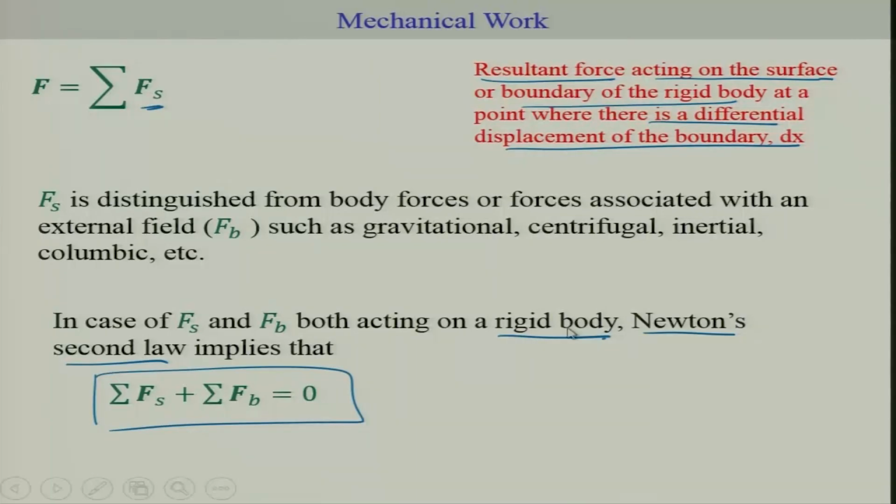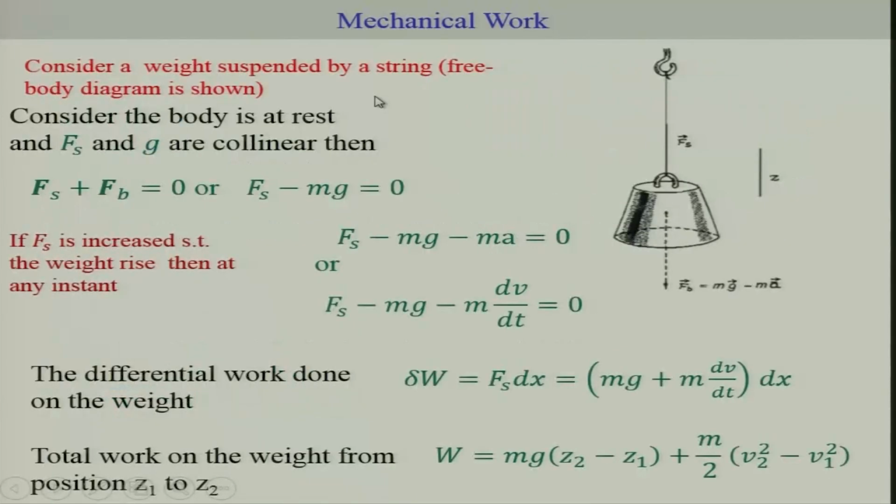This is the basic mechanics which we are well aware of. Now, let us make use of this understanding and consider a weight which is suspended by a string, and the free body diagram is given here. You have a hook, you have a string, and the force here is Fs, and this is the body force. This is the gravitational force, which is mg, and if it is moving, then we are saying mg minus ma. Assuming Fs and Fg are collinear,